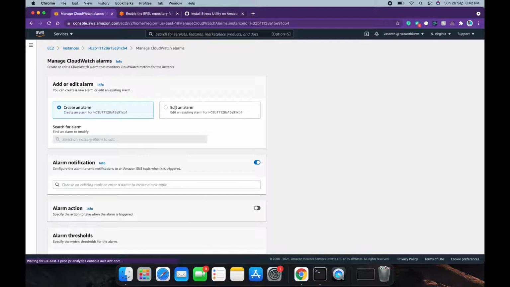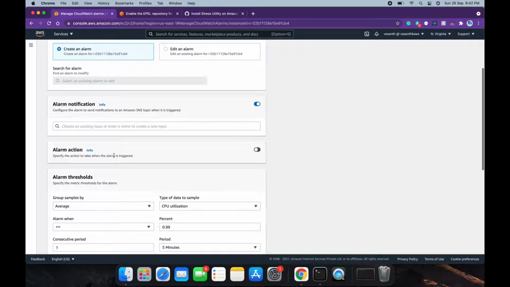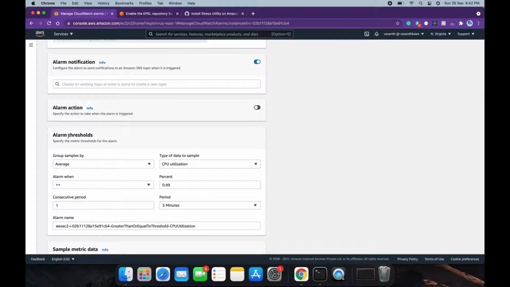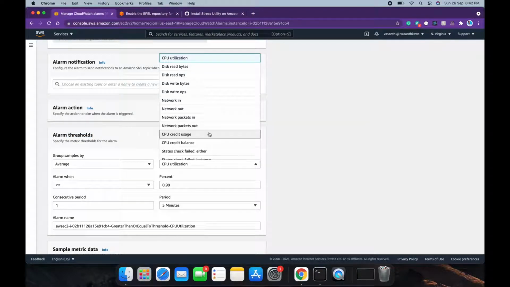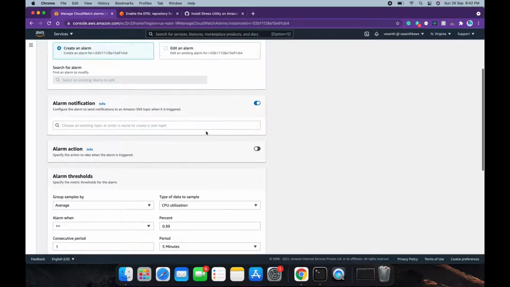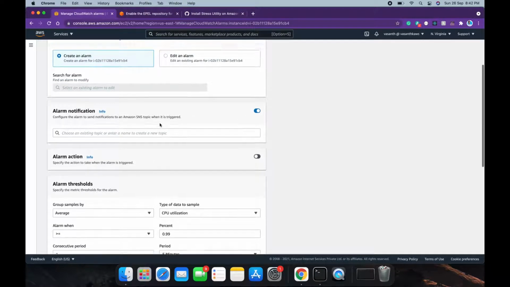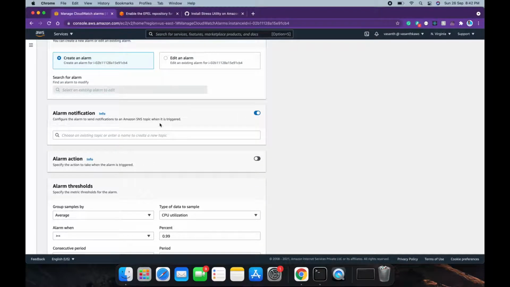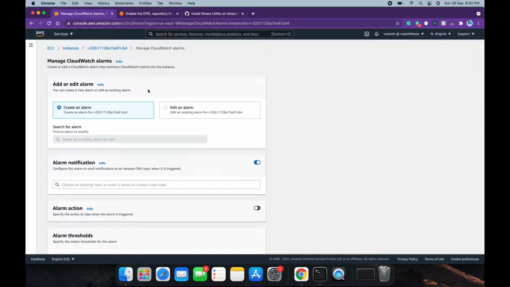So basically we are going to create an alarm for our EC2 instance, and we are going to manage a threshold. We can take any of these categories. We can say if our CPU utilization is greater than 50%, then we can trigger an SNS notification to our email saying that the instance is having 50% CPU utilization. So we can get an email through an SNS topic. That's what we are going to do now.